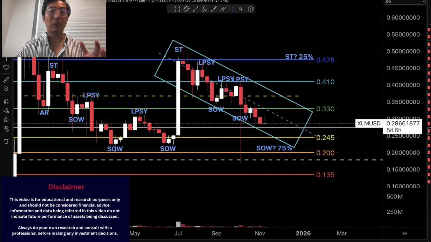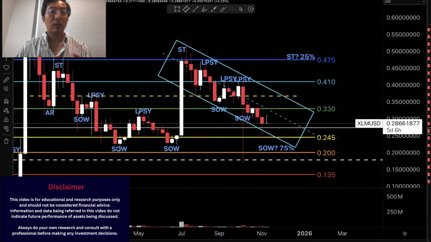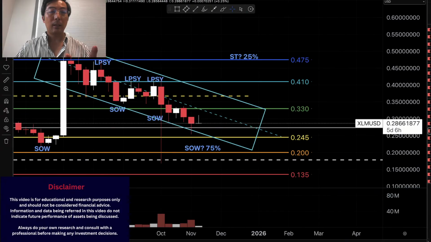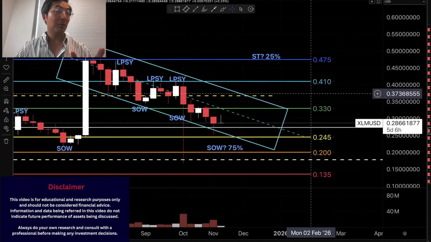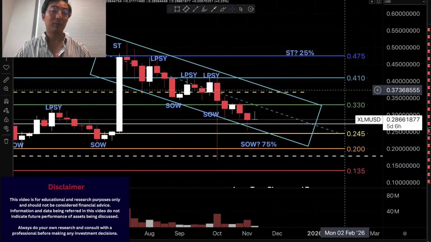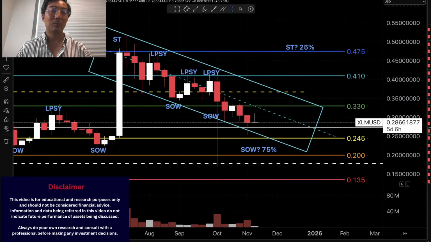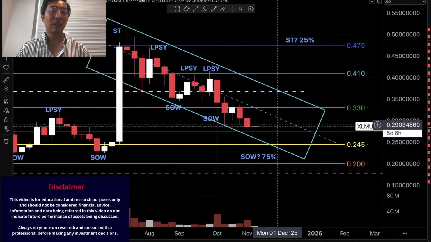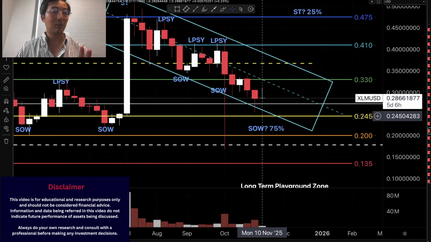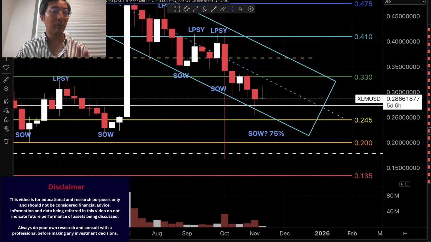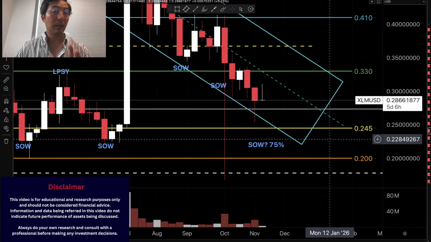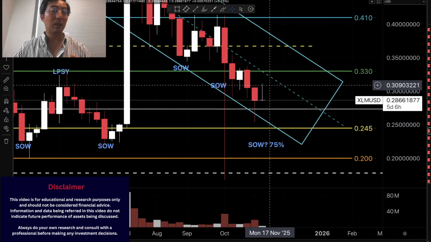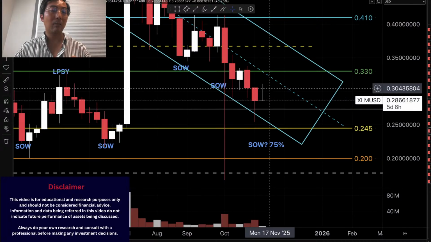So let's start with the weekly chart of Stellar. We're looking at, I would say, the third consecutive week of downward movement. I know it's a bit controversial for this week because we are still at the beginning of the week. Why I say it's downward, because it looks to me this long wick from above that selling